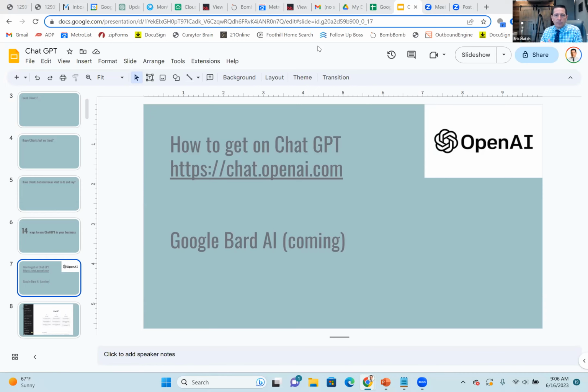chat.openai.com. And I will tell you that Dan wants you to be real careful. We have a real estate license; Chat GPT doesn't have a real estate license. So just because Chat GPT spits something out doesn't mean that we can automatically copy and paste it. We need to change it, fact check it, tweak it a little bit, make it more your own, and not just copy and paste.